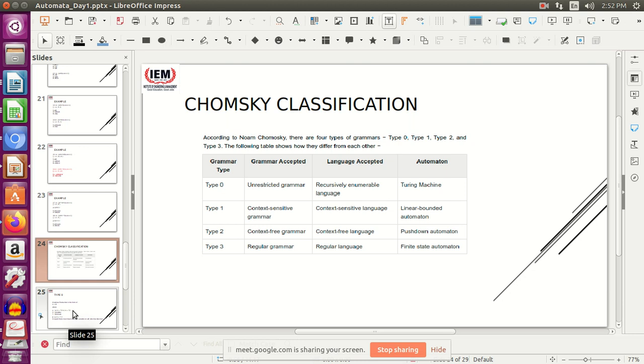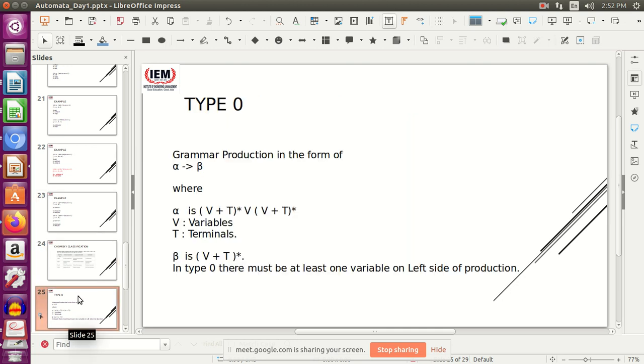Now see, you have to know one thing. These 4 types of grammars are there. You should be able to differentiate one kind of grammar from another. How? Suppose I give you a grammar. You should be able to look at the grammar and say that okay, this grammar is of type 3 or this grammar is of type 2. That should be clear to you. Just by looking at the production rules, you should be able to differentiate between different grammars. So there are some common ways of understanding which I have put down here for your better understanding.